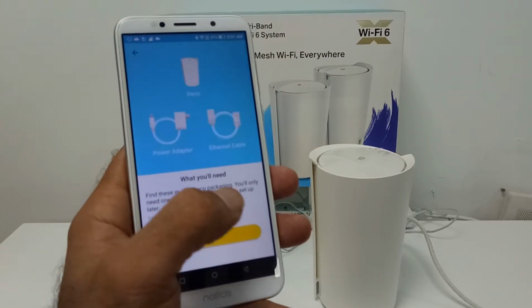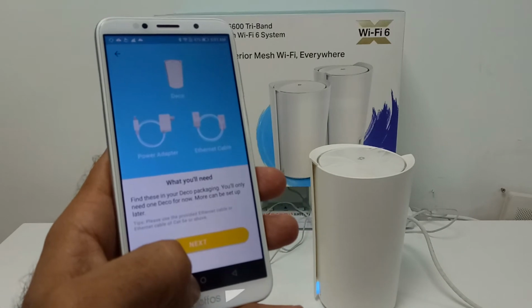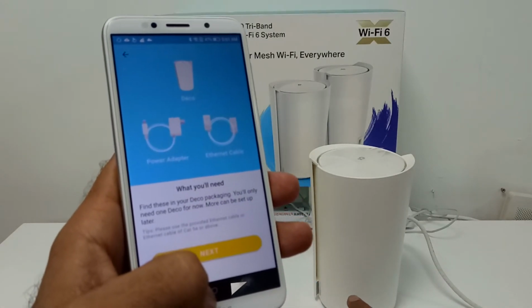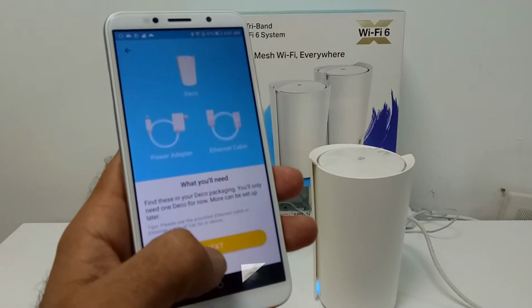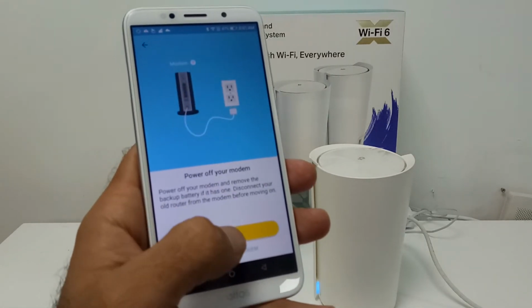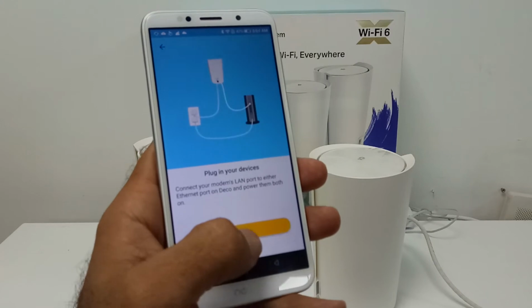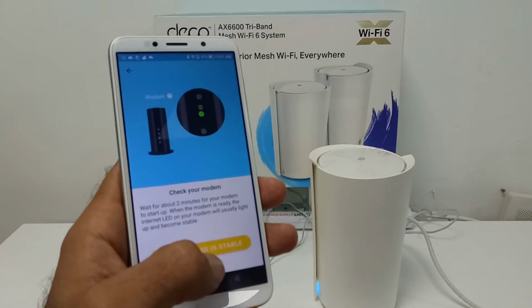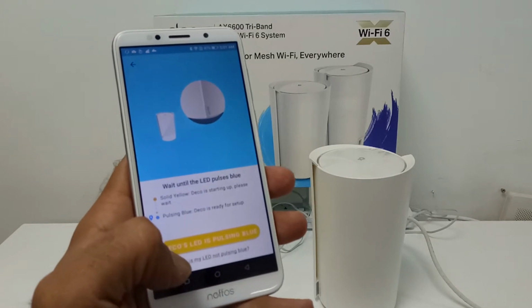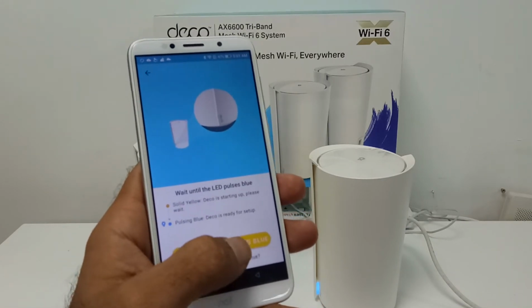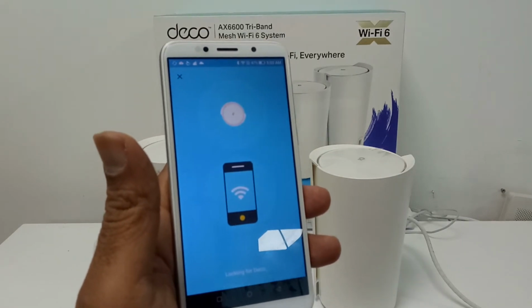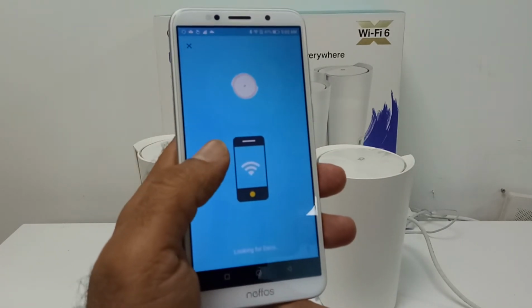After that, you can see the light should be flashing blue, and you press the next button, and then next, and when the internet LED is stable you press next, and the Deco LED is flashing blue. Press the next button and then the device will find the Deco.